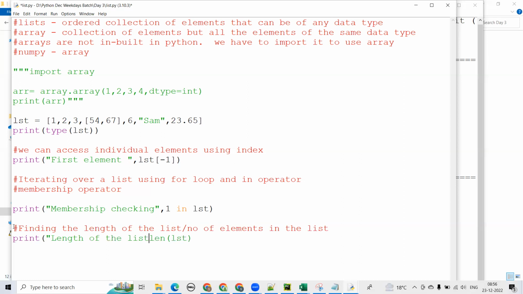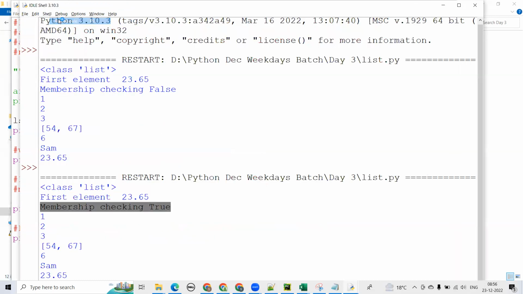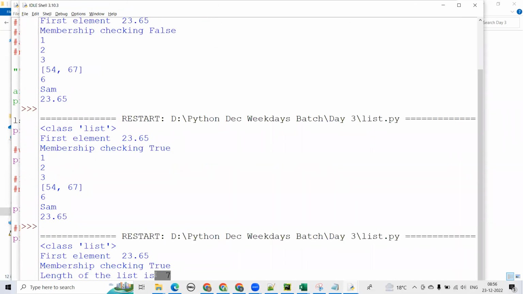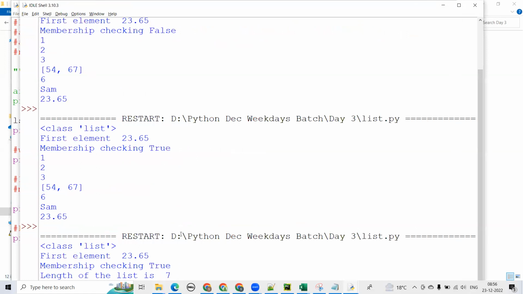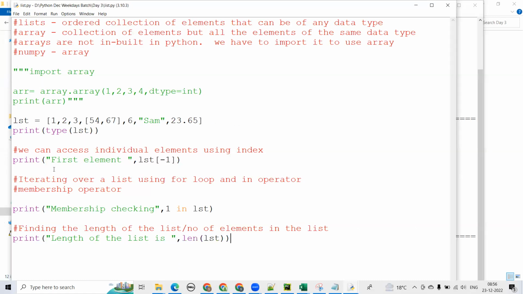Length of the list is, how many elements are there? It is 7. 1, 2, 3, 4. Okay, this list is a nested list. This will be considered as one whole element. So there are 7 elements, and it is showing me the length of the list is 7. So once we know the length of the list, then we can